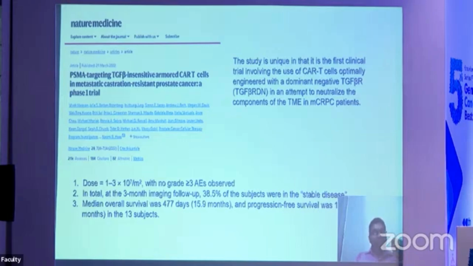We got very good results with this in the phase one, in which nearly 40% of the patients had stable disease. These patients had progressed across multiple lines of therapy and had quite satisfactory median survivals. Understand these are elderly patients, with a lot more comorbidities, and they had received a large number of previous therapies. These results prove that in future you may see PSMA targeting, especially done with tumor growth factor beta